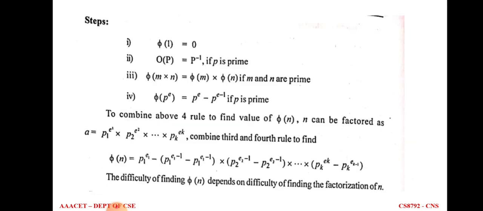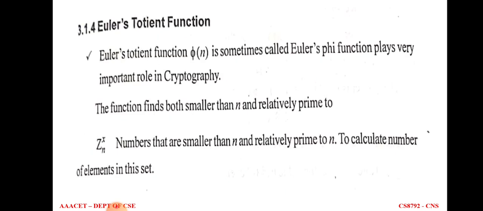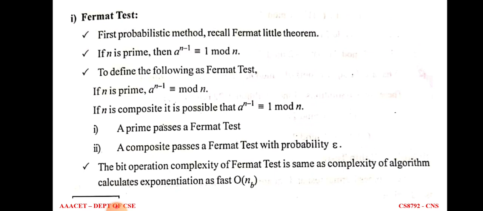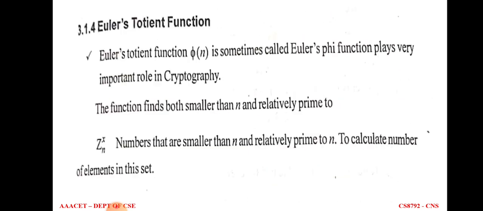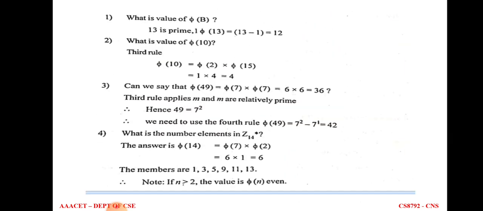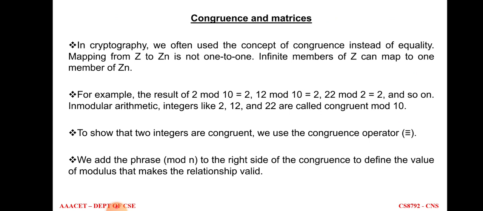So in the previous slide I told about the congruent relationship, because it is not the equal symbol. So what is the difference between the congruent relationship and the equal symbol? In cryptography we use the concept of the congruent symbol instead of equality, because a is equal to 5 means